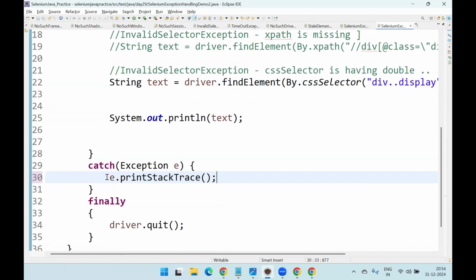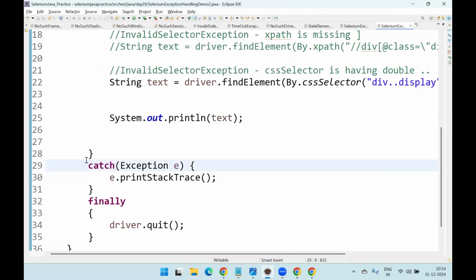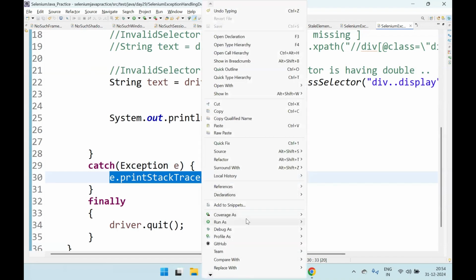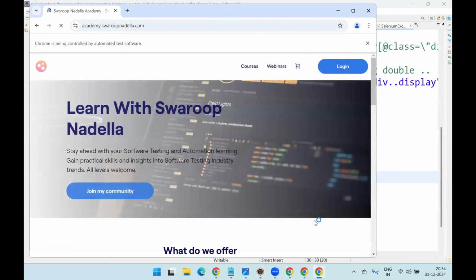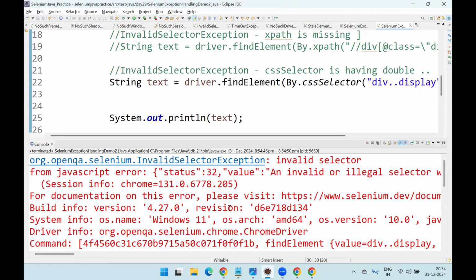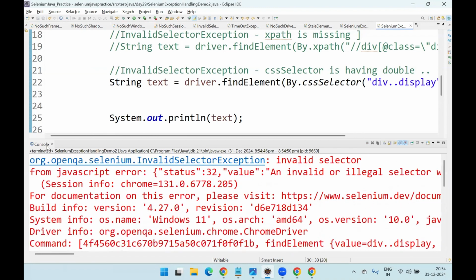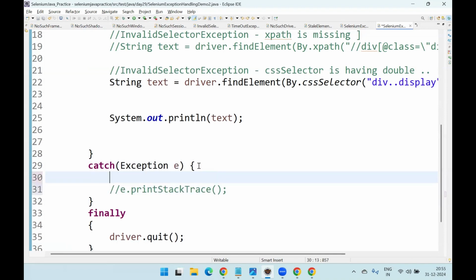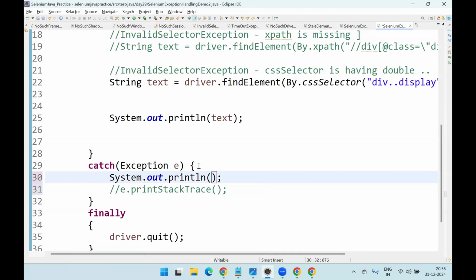So this will print whatever exception messages, the complete message, on the console. So even if you did not put the try or catch anything, this is anyway going to print the complete message. So I am again trying it using e.printStackTrace. Here again it is completely throwing this message, and all these lines of code are coming in red color. So now what I will do, I will comment this code and write sysout, control space, System.out.println